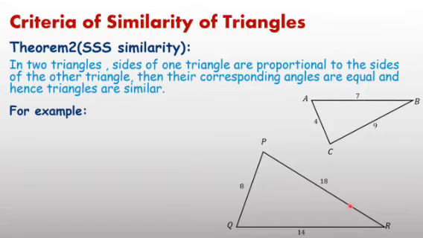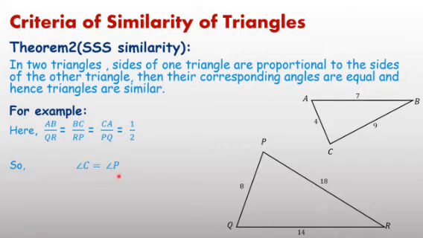And third side, 9 to the 18, implies BC upon PR equals 9 upon 18 equals 1 upon 2. It implies the corresponding sides in these two triangles are AC and PQ, BC and PR, and AB and QR. Now, these sides are in the same ratio. We can write AB upon PQ equal to BC upon RP equal to CA upon PQ equal to 1 by 2. If the ratio of corresponding sides are equal, then you can say both triangles are similar.